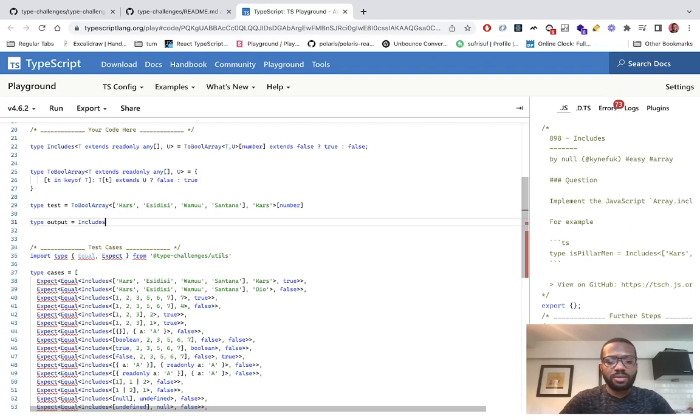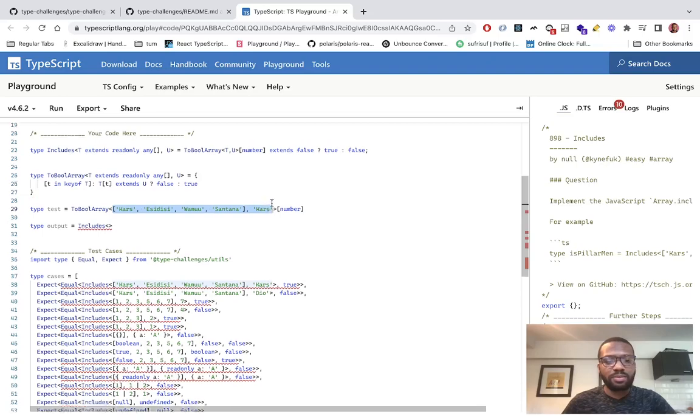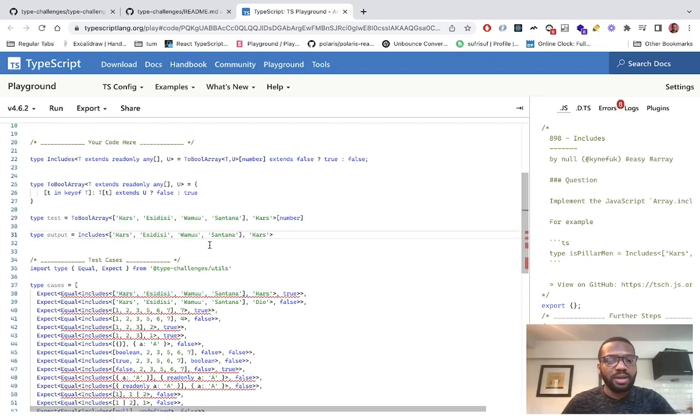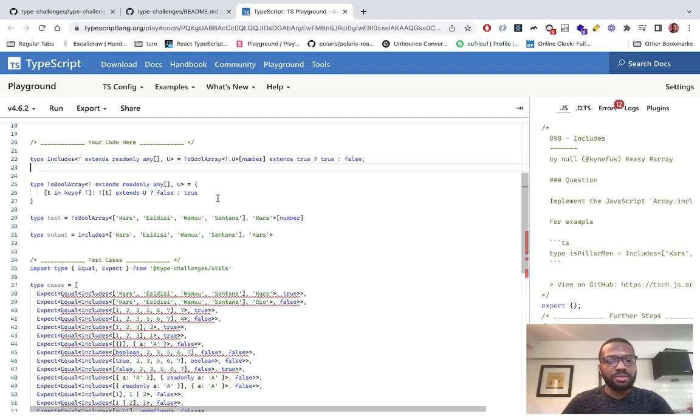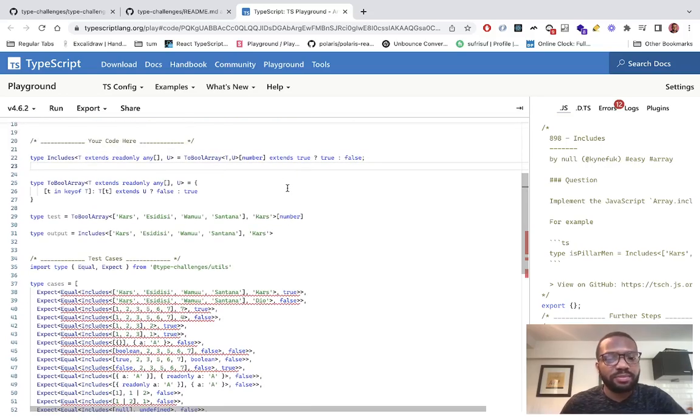So includes, again, this input rather, right there, and what we get is false, whereas we are aiming for true. And I'm guessing no matter what value I put here, it's going to be false. Yeah, it's going to be false. So it's false no matter what. Okay, so the issue here is this is too broad. I want to actually create the union